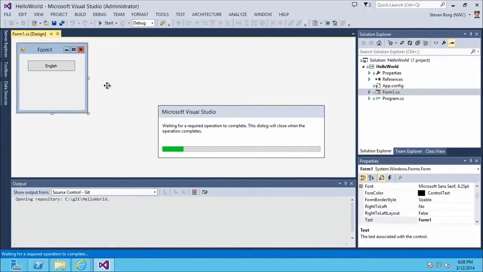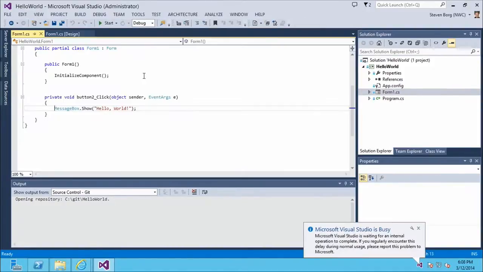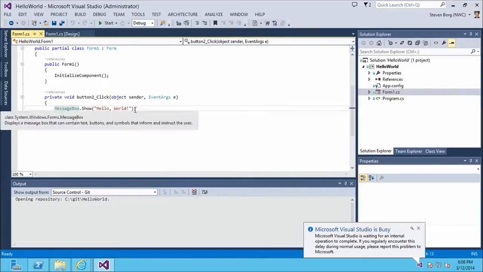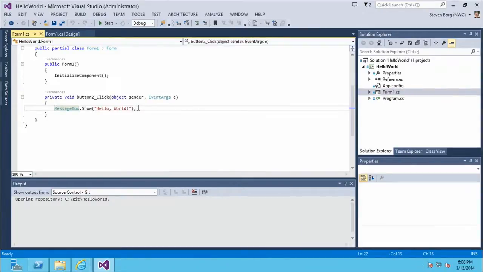Well, I don't know why I'm waiting for this operation to complete. It's taken a little while. Oh, well, no, there it went. So my message box is show hello world. Very simple. I've got no changes that I've made to any of these things. You can see all of these things are checked in, so you get the nice highlighted stuff that you might